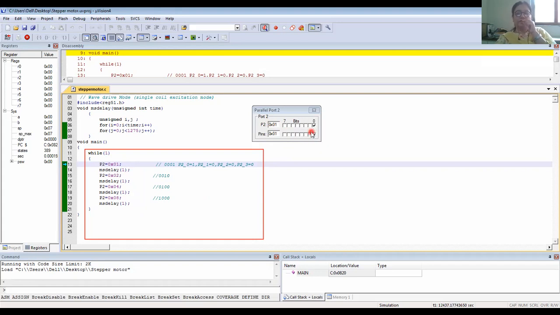Basically it is connected through a driver IC, and that driver IC will increase the supply for the stepper motor. The microcontroller will give an output of 5 volts. That 5 volts will be amplified to 12 volts by using the driver IC. And the output of this driver IC is connected to the stepper motor.